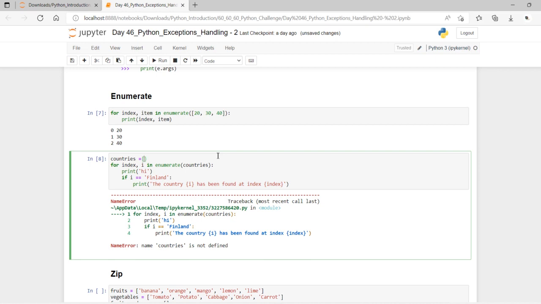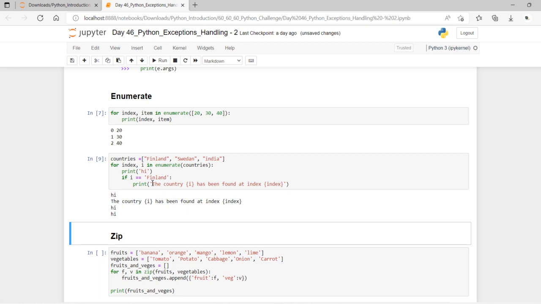I just give it as a list. Inside the list here, first one is Finland. Next, let me go for Sweden. Next, let me give it for India. Okay, anyhow, I think that is enough.